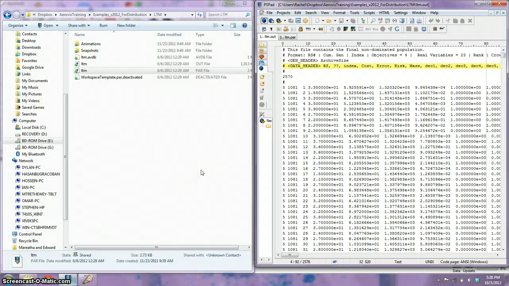Hi everyone, this is Rachel and I'll be doing a short Aerovis tutorial using one of Aerovis's built-in examples called LTM, which stands for long-term monitoring. These examples are available on the Aerovis user site. You'll find them in a folder called